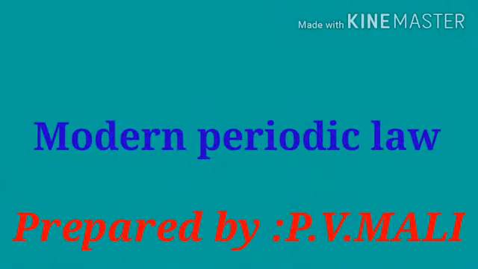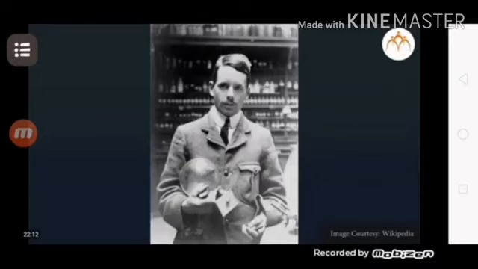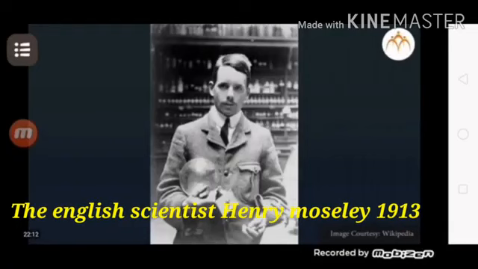Modern periodic law. In 1913, the English scientist Henry Moseley demonstrated with the help of an experiment using an X-ray tube